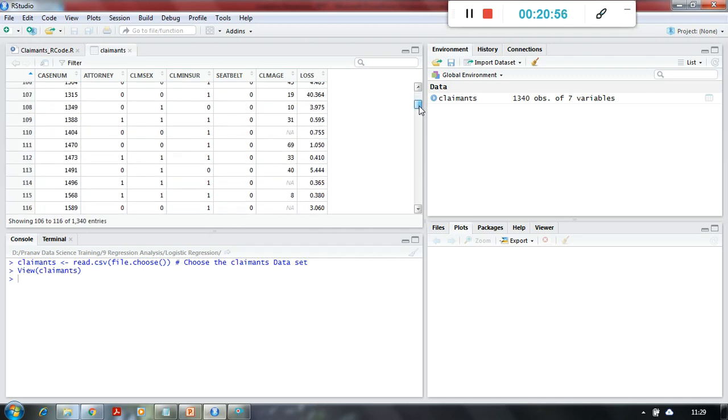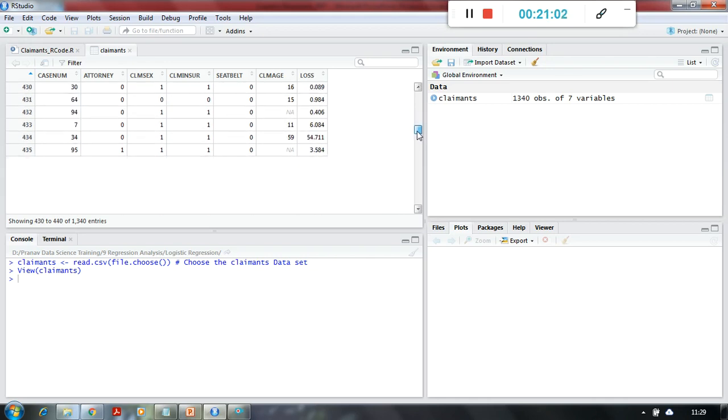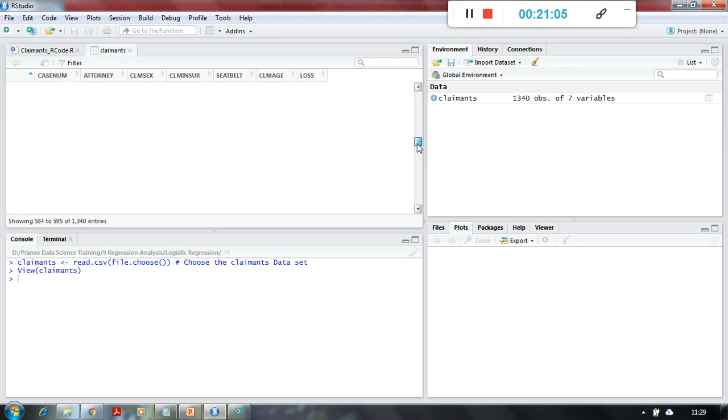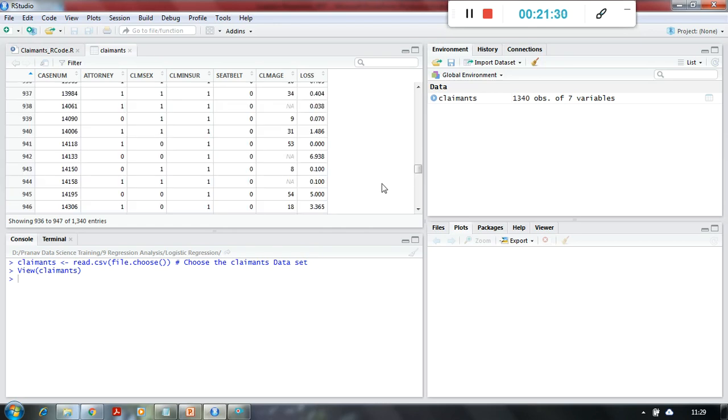If you see, all four variables have the values 0, 1, 0, 1 because they are discrete in two categories, and age and loss are the last two columns. If you see, there are some numbers over there, and because of that we have said that age is obviously a continuous variable and loss is also a continuous variable. But while screening the data, you can see there are some NAs written over there. So the meaning of this is there is a lot of missing data in this particular data set.